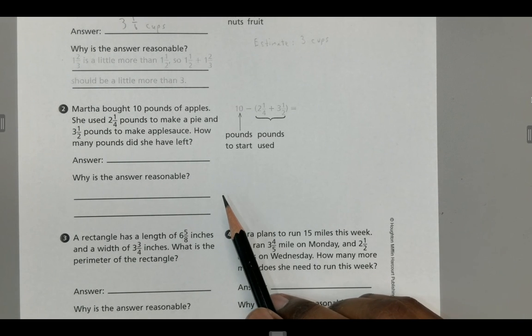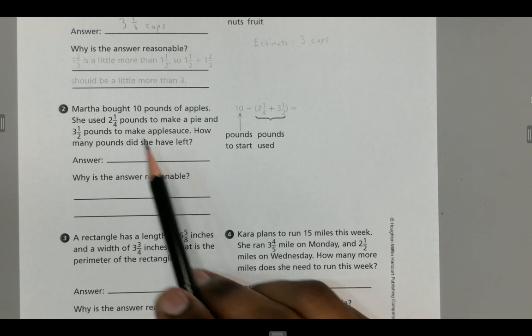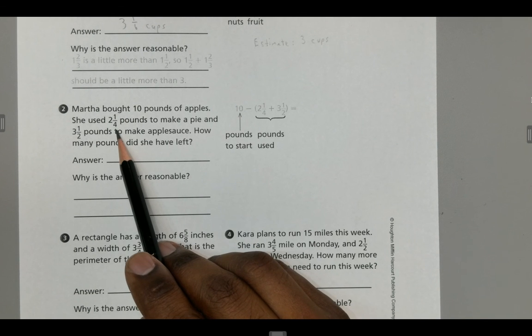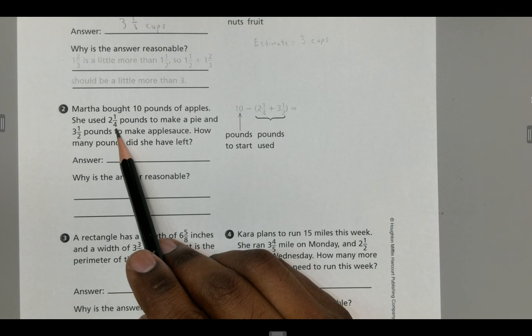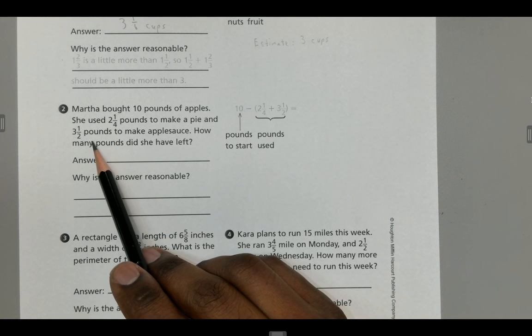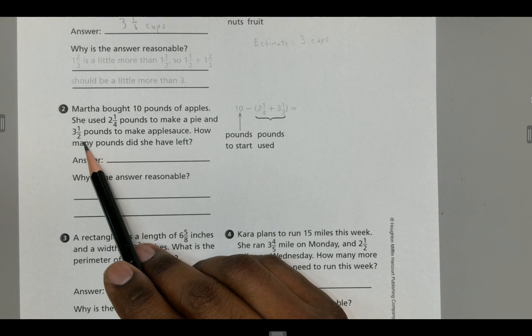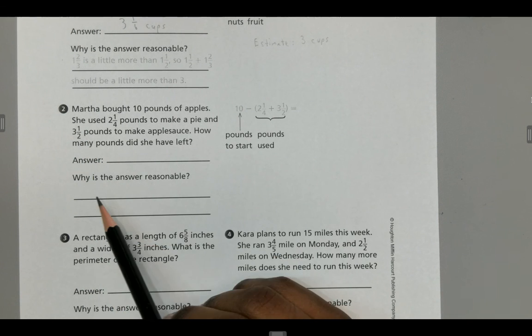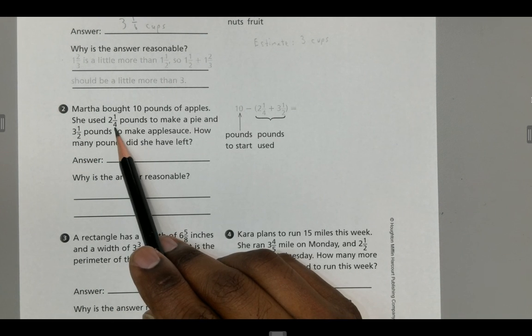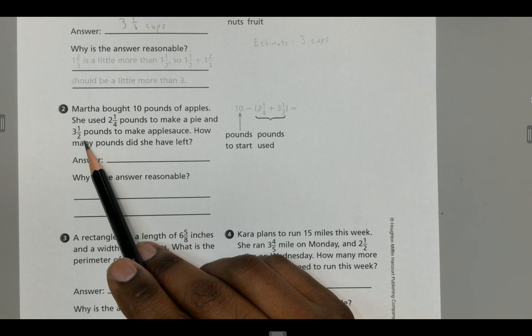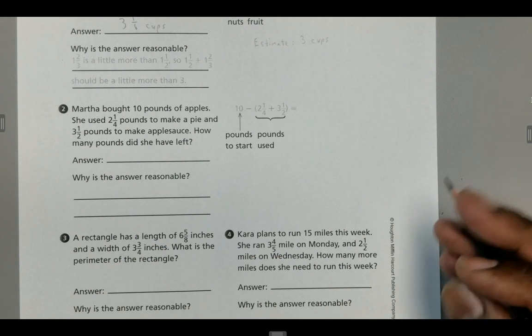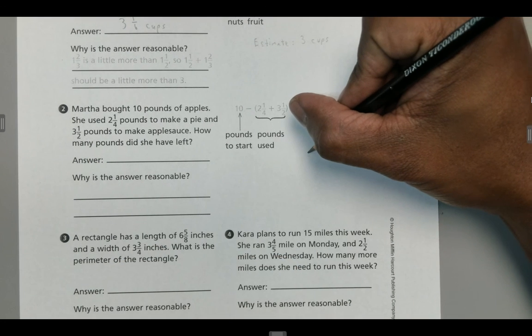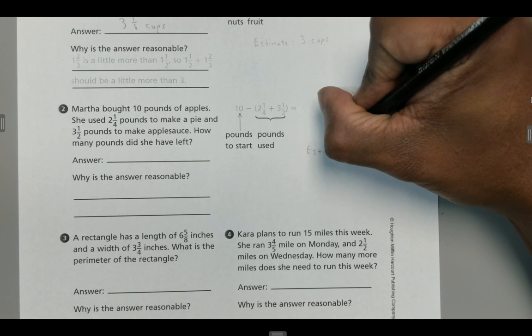First, we need to figure out or calculate how much she used. Well, she used this amount, 2 1/4, and I'm going to round that up to the benchmark of 2.5 for the purpose of an estimate. And then she used 3.5 pounds to make applesauce. Okay, so for the estimate, 2.5 plus 3.5, I can do that as mental math. It's going to get me 6. 2.5 plus 3.5 is going to get me 6. So my estimate,